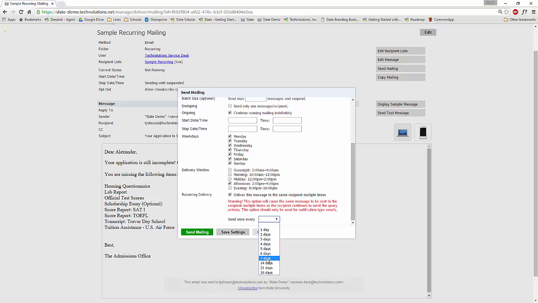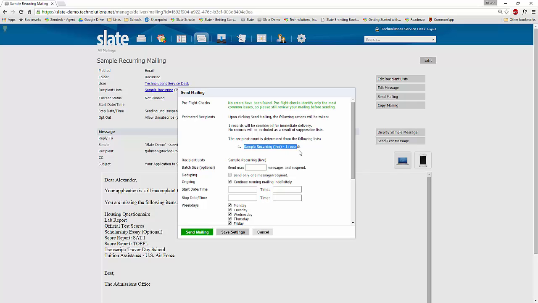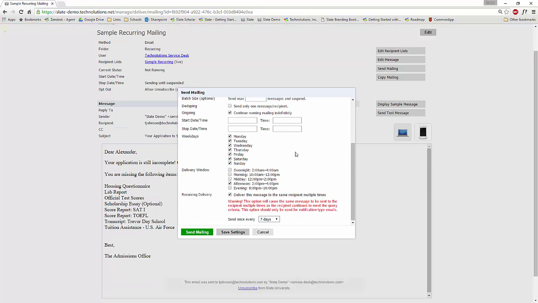So in our example from our PowerPoint, we had a 7-day interval. So we can choose every 7 days. So again, what this setup will do is it will send this message to everybody who fits the criteria for our query. In our case, it was just the one student, Alexander Hamilton. But it will send it to everyone who meets the query criteria the first time we send the message when we click send. And then 7 days from now, when the message sends again, it will evaluate the query,